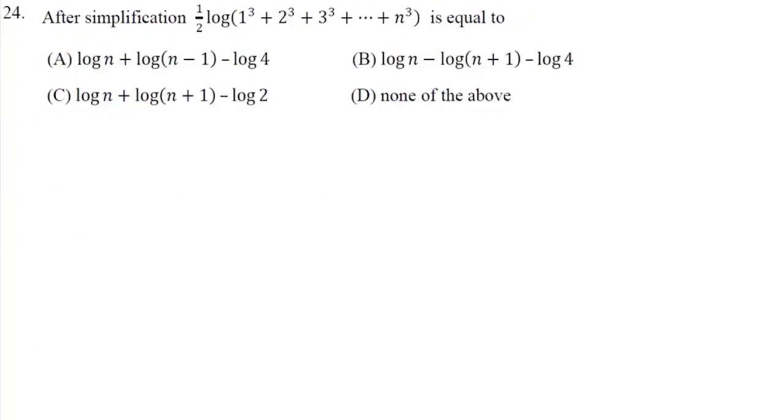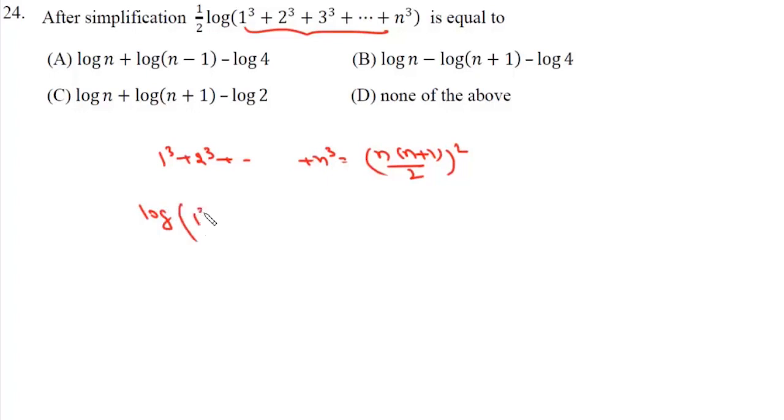Now here the question is, we need to simplify this expression. Now we know that 1 cube plus 2 cube up to n cube is nothing but n into n plus 1 by 2 whole square. Now if we take log both sides, we can write log of 1 cube plus 2 cube plus n cube will be 2 log n plus log n plus 1 minus log 2. Now we'll take this 2 on the left hand side. We have this expression. So this expression will be log n plus 1 minus log 2,